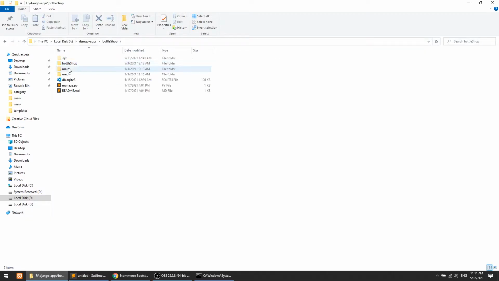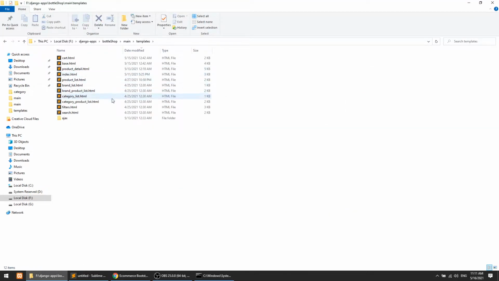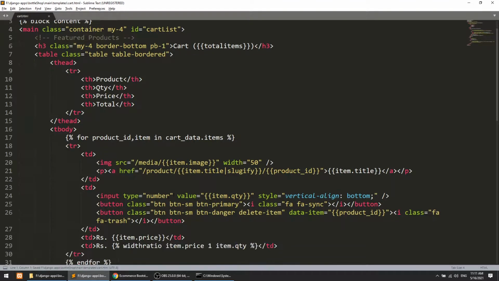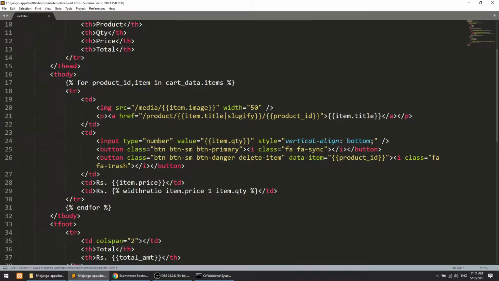So I will open my main app, and in that app this is our cart page, and I will update the cart page for the delete functionality. I will open the cart.html file, and here I will implement this data item.